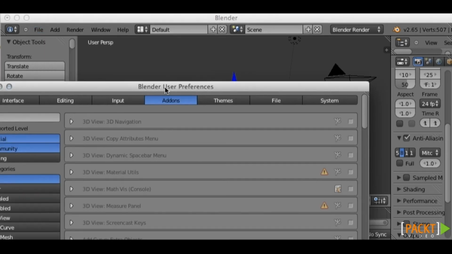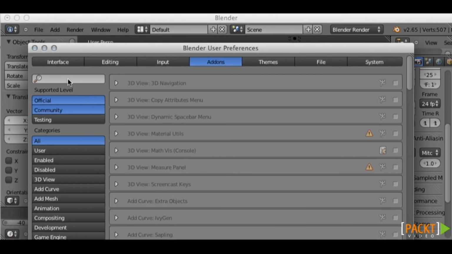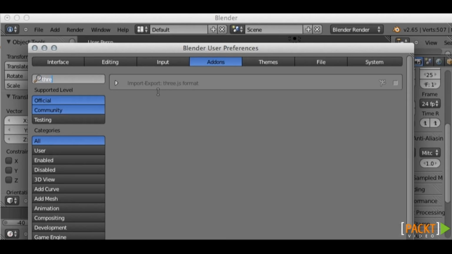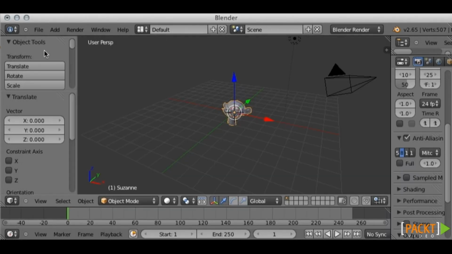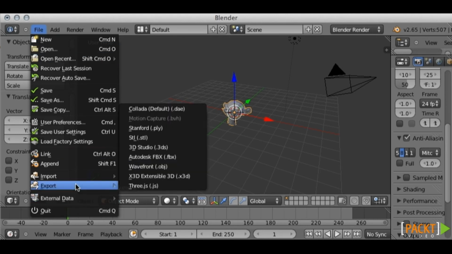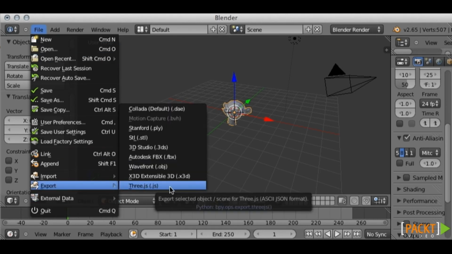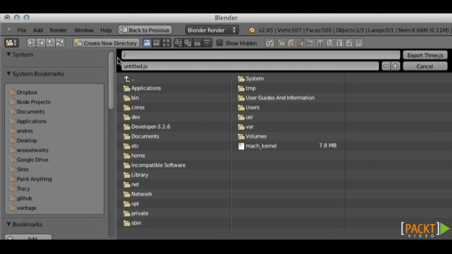So click on that option, it opens a new window, and in the search box on the left, type Three.js. So there it is, import export Three.js format. It is currently disabled, so you need to click on that checkbox. That enables the plugin. So if we want to export this scene, we need to go back to File, Export, and it should show Three.js, which will open a new window, which will allow us to export the entire scene,